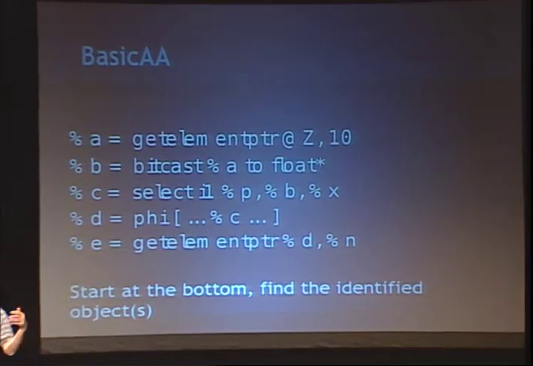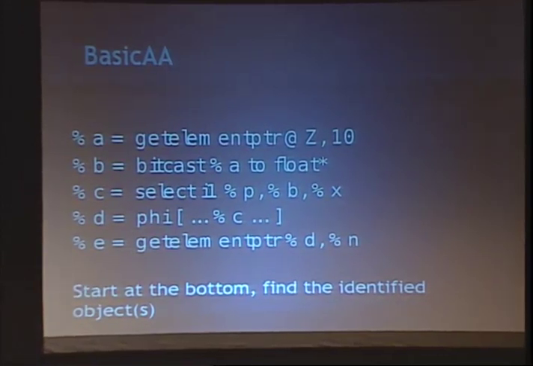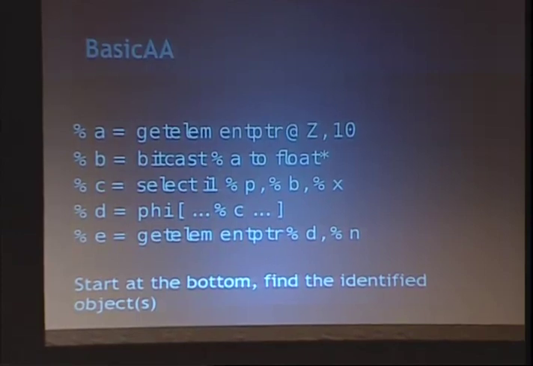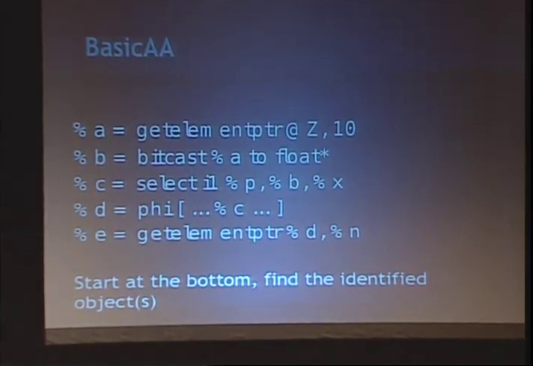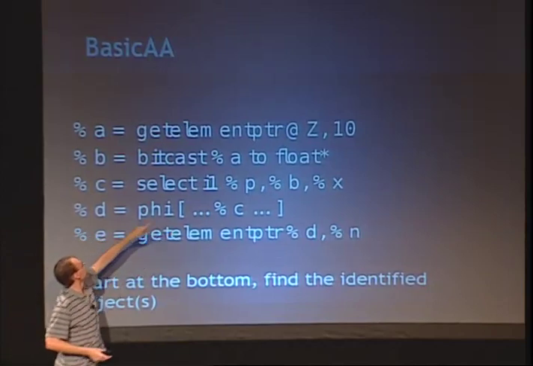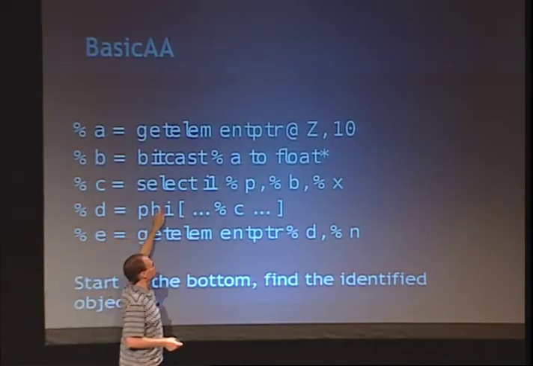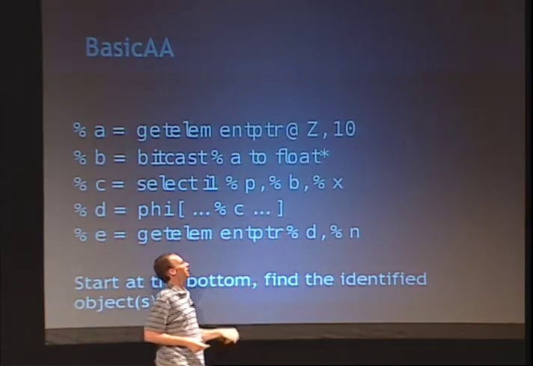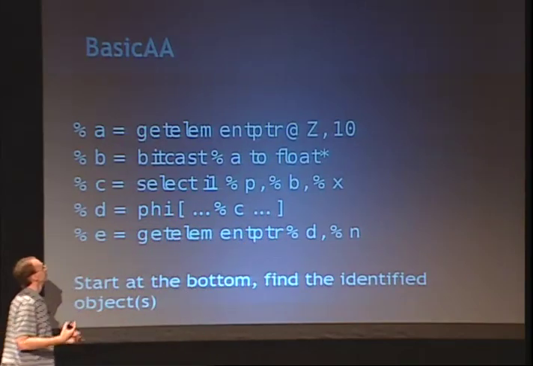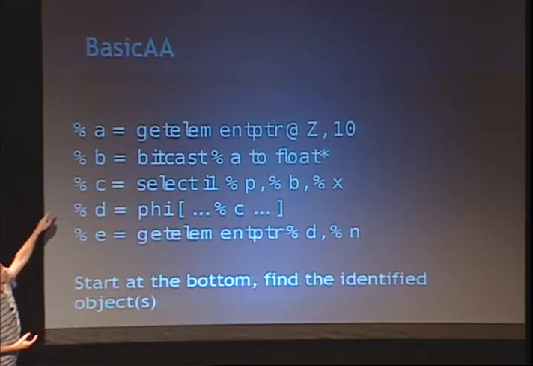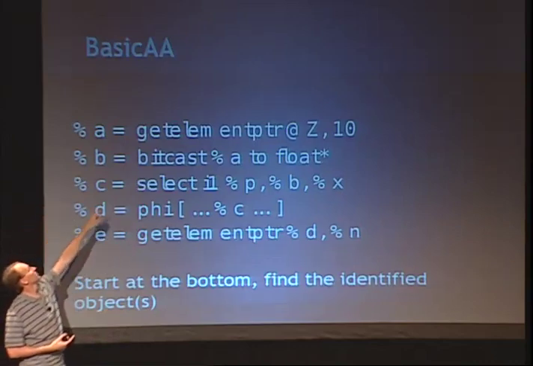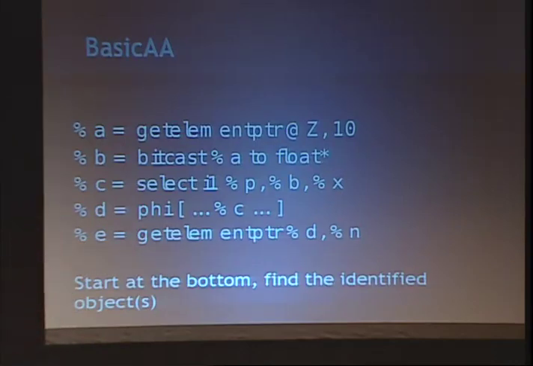A phi node can have multiple inputs. And we have to, in this case, walk up all the possible inputs and collect all the possible things that it might point to. So in this case, it points to a bunch of other stuff, including C. So we go up to C. C comes from a select. The select could be pointing to B, or it could be pointing to X. We have to walk out both sides again. In this case, B is computed by a bit cast. Is A. A is from a get element pointer, and the base pointer to the get element pointer is a